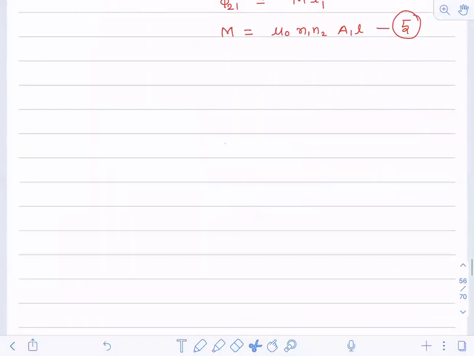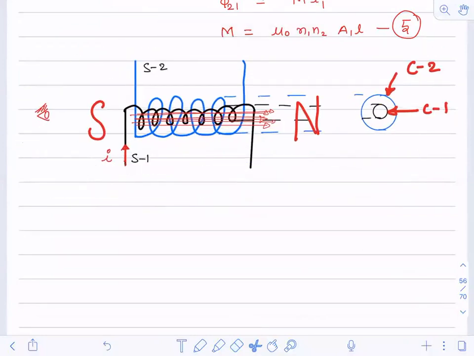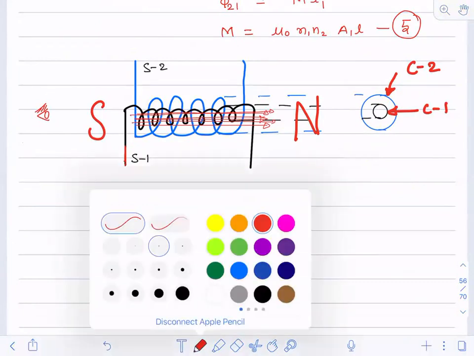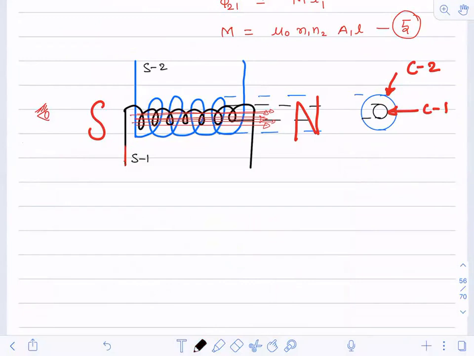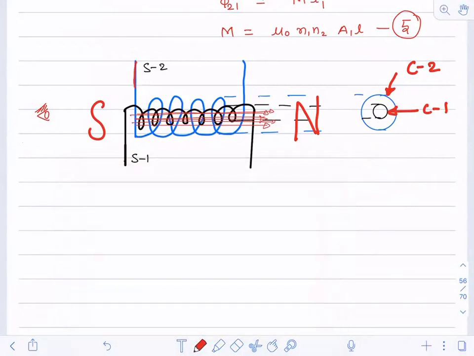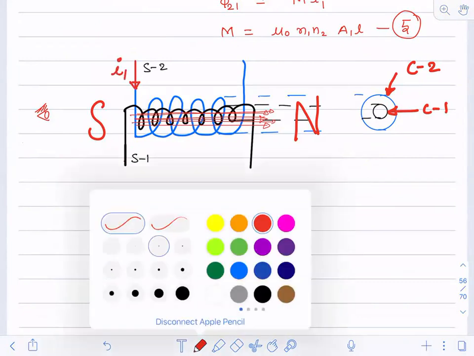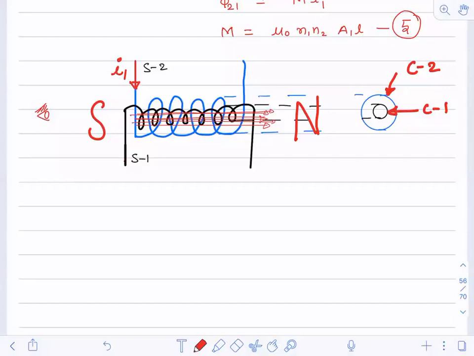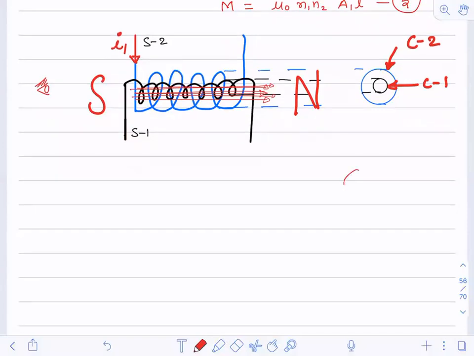I will do that for you also. The complete thing I will not do, I will just show you. The value will not change. That much only I will tell. So now the current is flowing here, now the current is flowing in this I1. Now you see the derivation, how we will do. Now this is S1 and this one is S2.